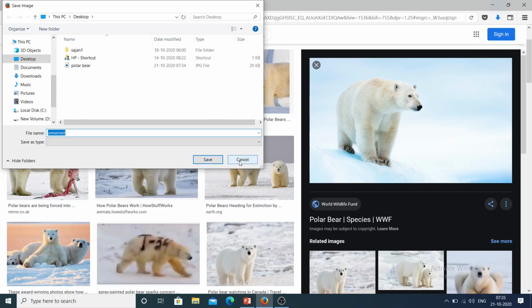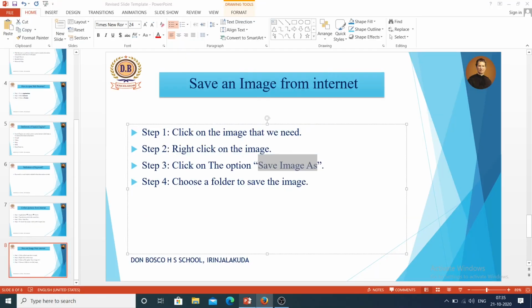Then the picture will be saved on your computer.